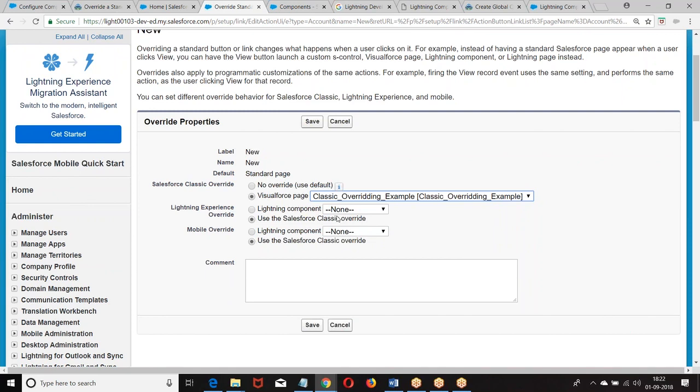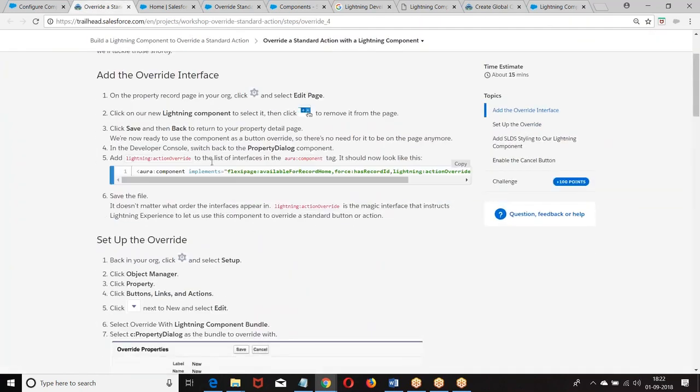If you want a Lightning component to be used to override any one of the standard functionality, then we are supposed to go with the interface called action override. What is the interface? Action override.